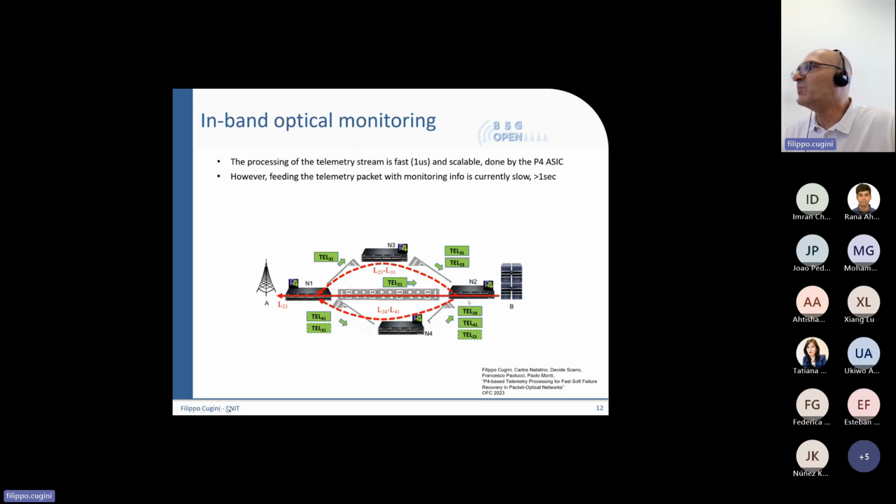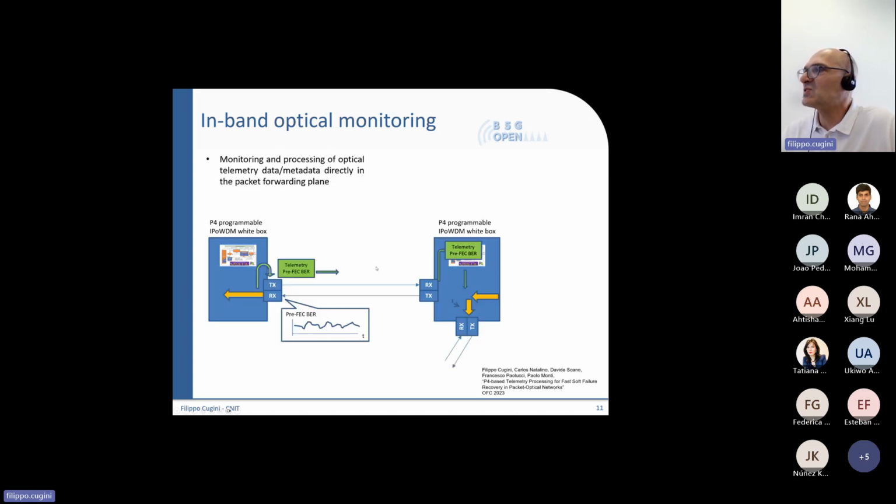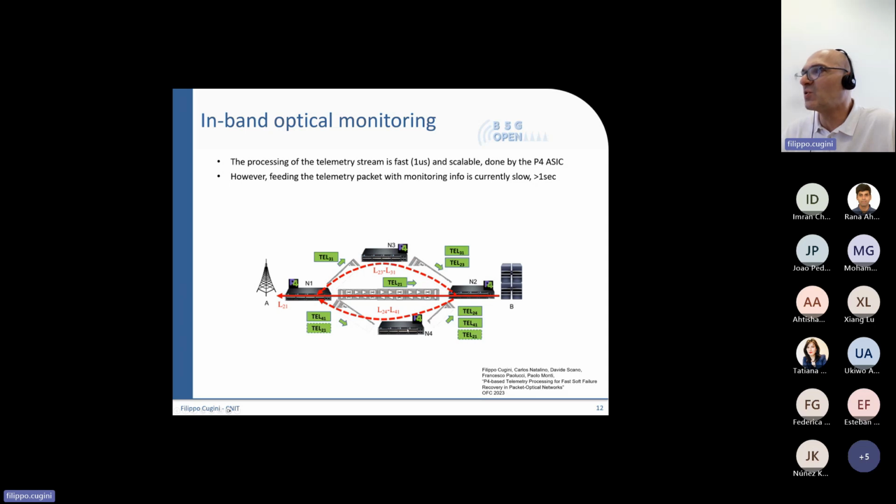This is a slightly more complex scenario, but the idea is the same. We were just considering N1, N2. We were just looking at one link. And we said, okay, if this node sends back the experienced quality of transmission of the signal that is received here, this node is able to take another direction. But in another direction, most probably there will be another node. So we need to implement this solution taking into account that there are also other nodes.